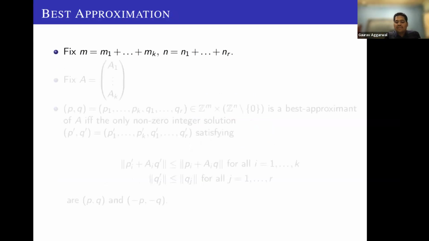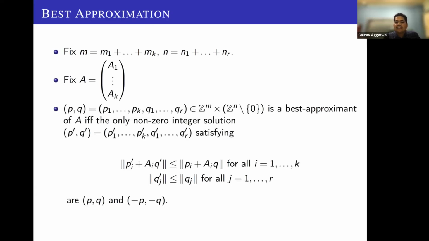Now, let me define how we define the best approximation in the multiplicative case. Again, we take a decomposition of integer m as the sum of m1 to mk, and n as the sum of n1 to nr. Corresponding to this decomposition, we again decompose A into rows. And the definition says that we will call the vector (p, q) in Z^m cross Z^n to be a best approximant of A if the